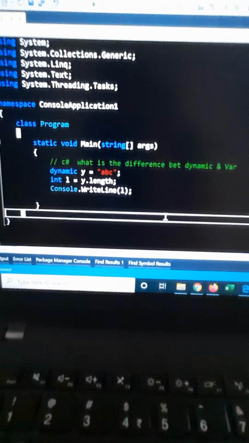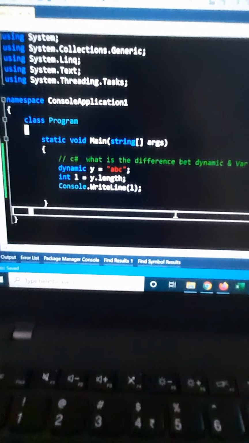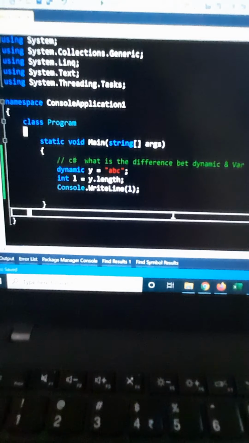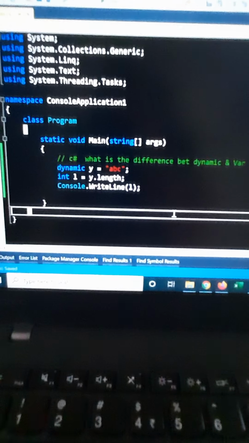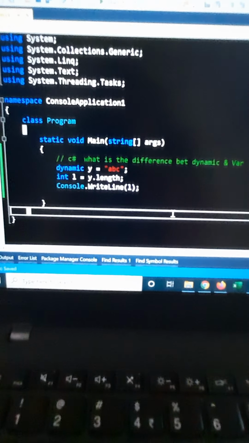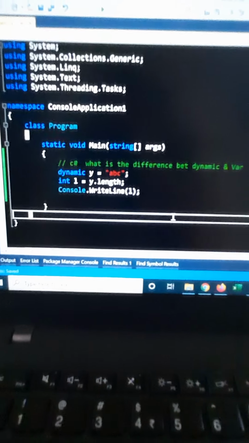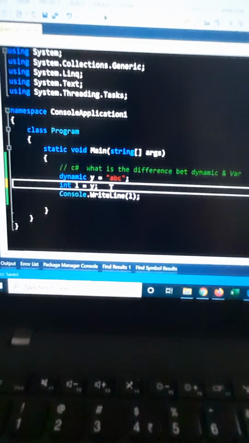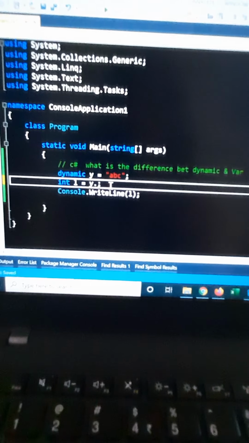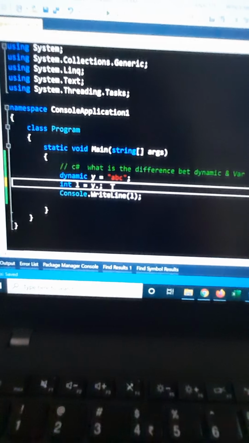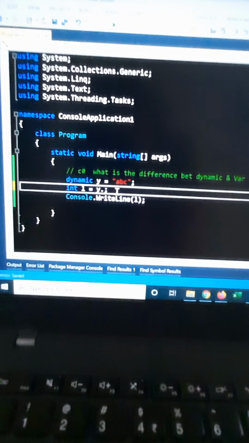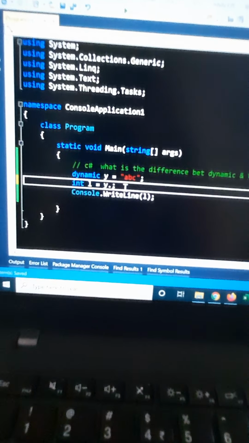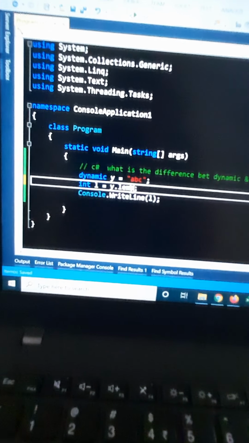Now you can see here, I have declared a variable y that is assigned a value ABC, which is a string data type, and another variable l is equal to y dot length. If I remove this l and check whether the length property is defined or not, you can see that with the dynamic keyword y, we are not getting any IntelliSense that length is a property or not.